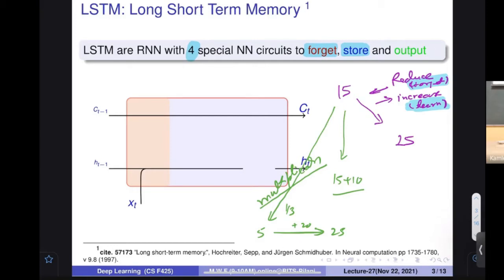So if you want to forget something, you have to multiply. Any questions on that? If you want to forget something, you have to multiply. If you want to learn something, you have to add. Whether this part is clear or not? Yes or no? All right, sir. Whether this part is okay, everybody from online? Learning could be positive and negative, so learning means value can be reduced also. That is fine. Can you write yes or no?